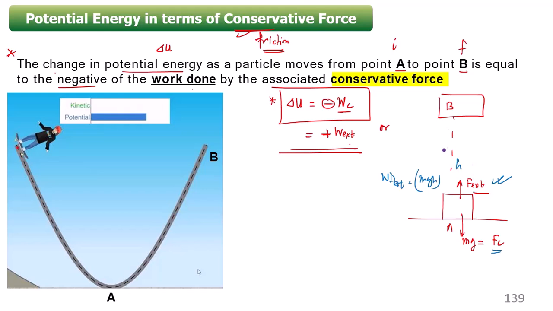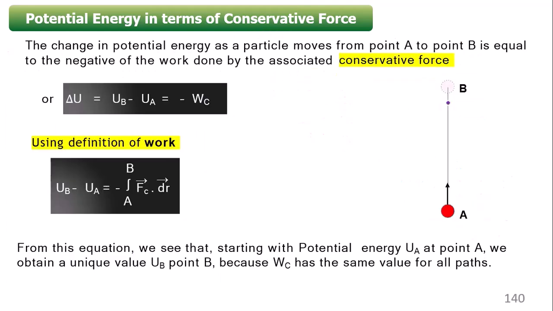So that means I am applying a force which is almost equal to the conservative force, so that the particle can be raised. Once I am moving the particle very slowly, what I am ensuring is that only the potential is stored at point B. Okay. So these are the two ways to define the work done by the conservative force, or in other words, I can define the change in potential.